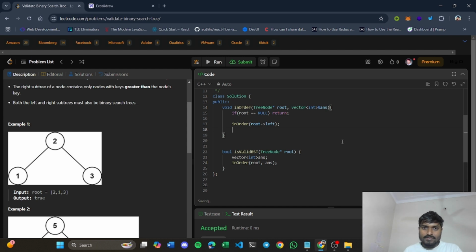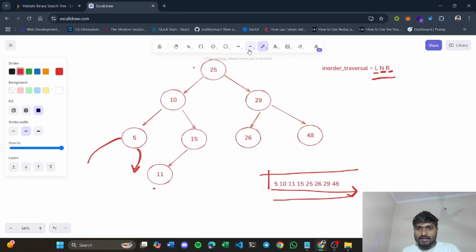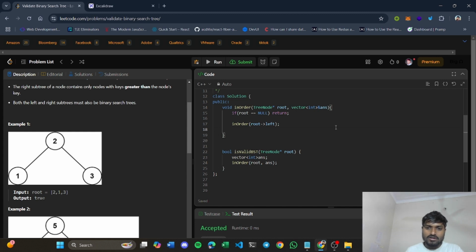I had told you that first of all we will go to the left of each node, and if we encounter null we will return. So when we return back to this node, we will have to print it out, or we can store it in our answer vector. Push back what we have to push, basically root dot val.